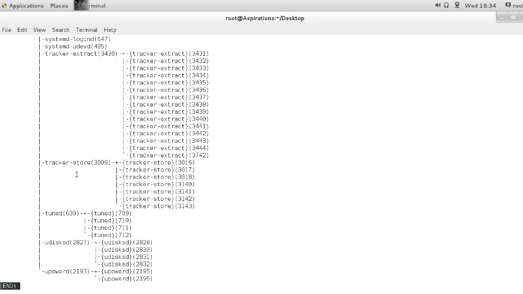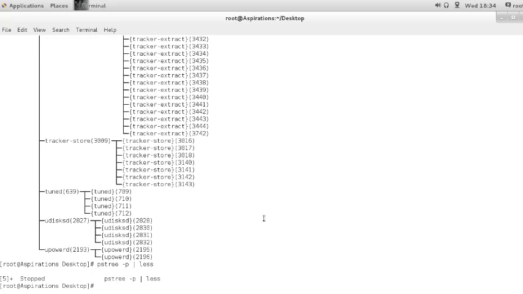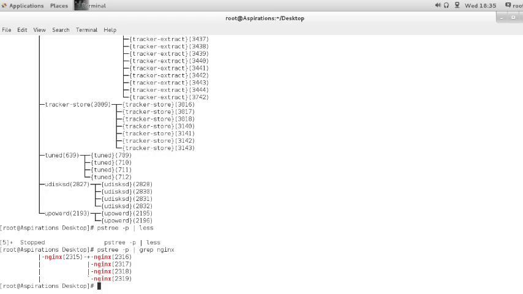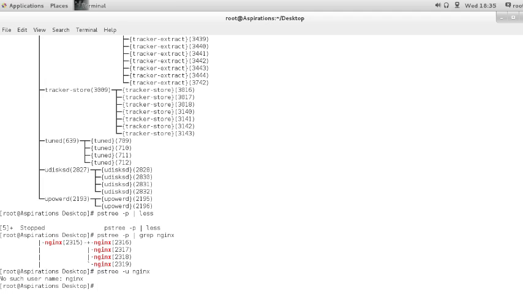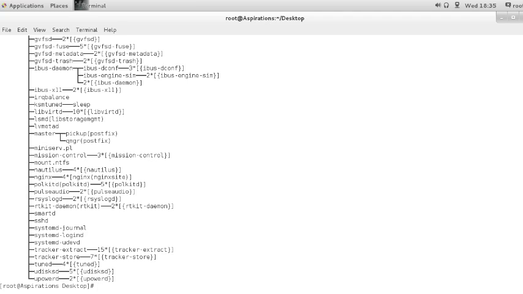The main process, main tree is there. Nginx 2315 has started 2316, 2317, 2318, 2319. Root is the